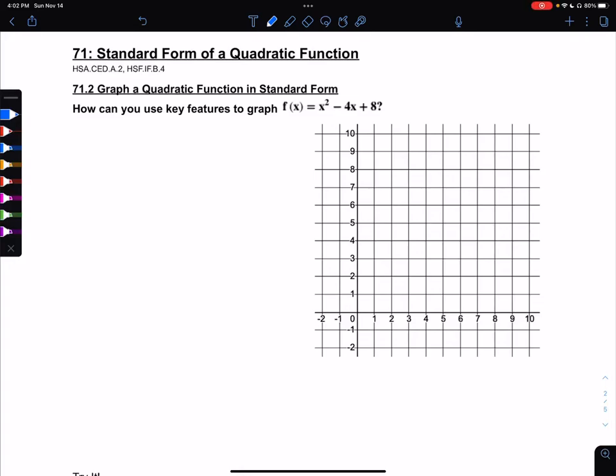Here we're going to look at topic 71, example 2, graph a quadratic function in standard form. How can you use key features to graph f of x is equal to x squared minus 4x plus 8? So the first thing we want to do is find the vertex. And while we're in that process, we'll also find the axis of symmetry. Really we care about the vertex to start, and then the axis of symmetry just kind of falls